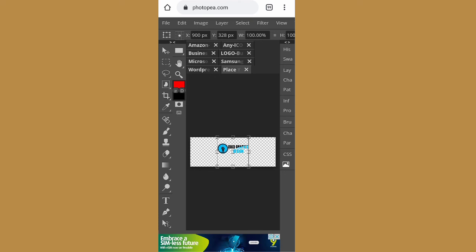The next thing you will do is spread it so that the design will not be too small. Just spread it well. Spread it. And let it be straight.